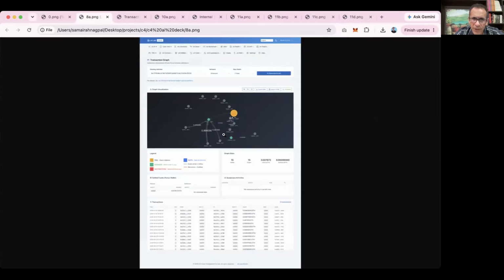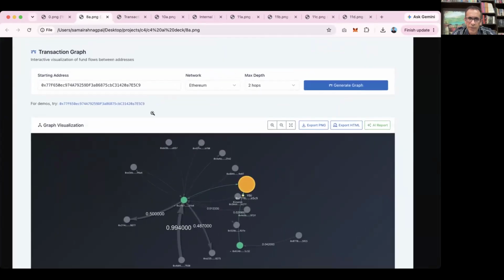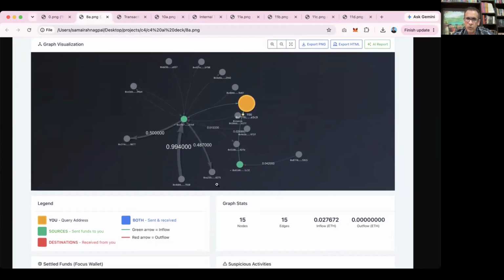Yeah. Now this is a very interesting feature, which is the transaction graph. What happens in this is you just enter the address, select the network, and say how many hops you want to do. You would do 1 hop, 2 hop, or 3, and then you generate a graph. What it does is it starts to map all the addresses with which that particular address has actually